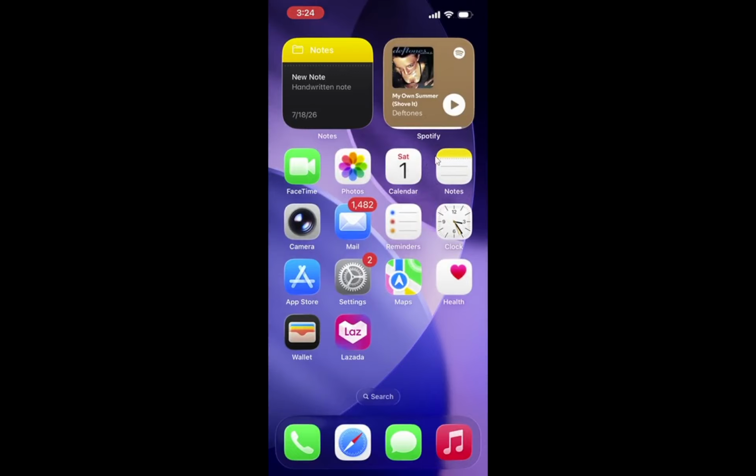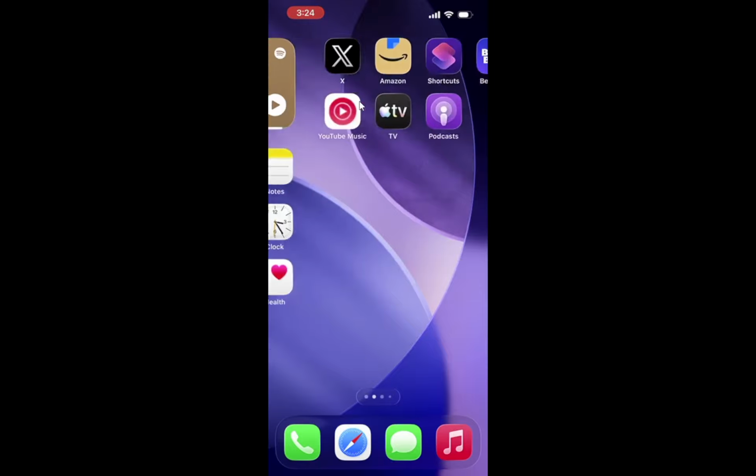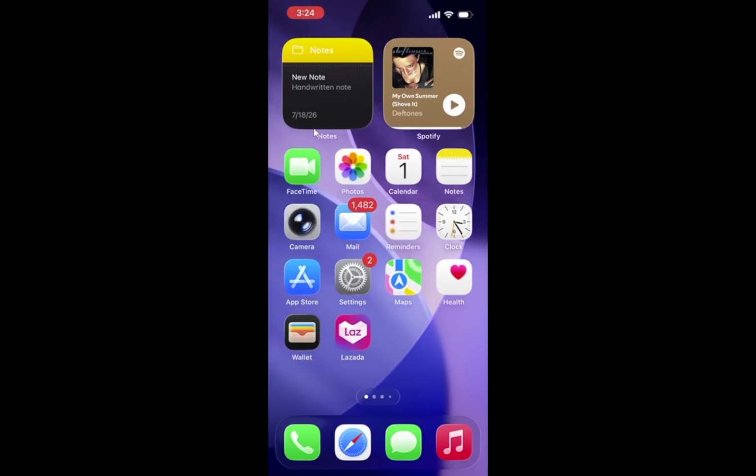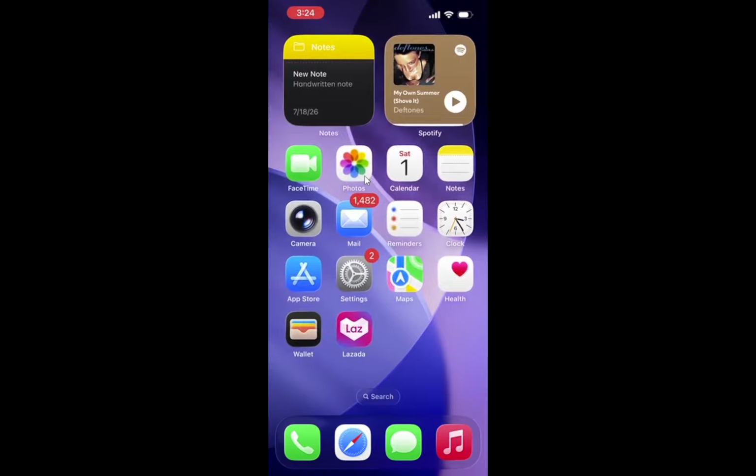The rest of the widgets stay in place and will continue to rotate in the smart stack on your home screen. When you are done, tap outside the stack. Just tap any empty area of the home screen. The list view closes, the smart stack shrinks back to its normal size, and you return to the usual home screen view.